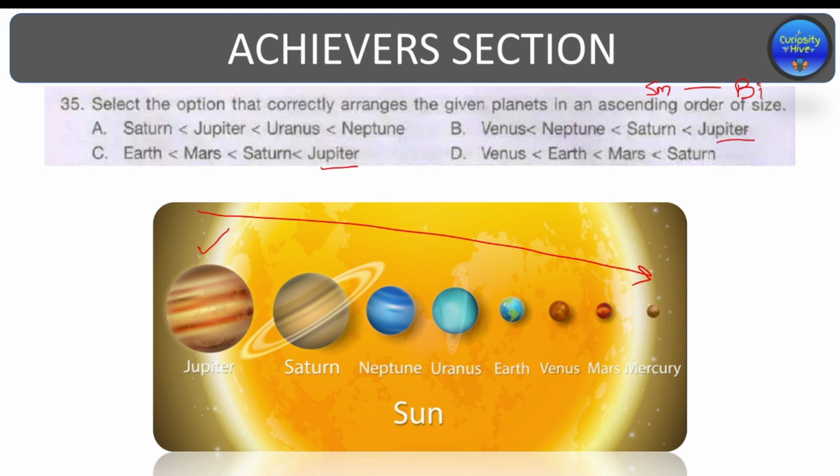Now, in ascending, we need the largest planet to be the last, and Jupiter, which is the largest planet, is last in B and C. Let's look at the next largest planet in this clue, which is Saturn, which is also correct. The third is Neptune in B and Mars in C. Well, Neptune is the third largest planet, so our right answer is option B. So you can make a mnemonic to remember the largest to smallest planet. So Jupiter, Saturn, Neptune, Uranus, Earth, and then Venus, Mars, and Mercury. So this is the order of the planets.